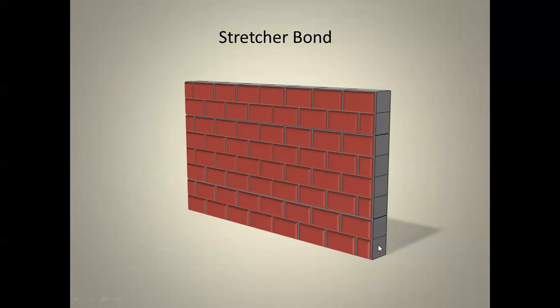The thickness of this wall will be around half feet only, so this can be used only for the internal partition walls. The important points in this are: all the courses will be stretcher courses, alternate courses will start with a half bat, the wall thickness will be half feet, and this will be only used for the internal partition wall.